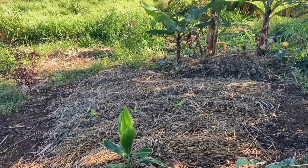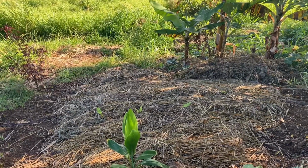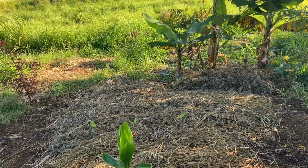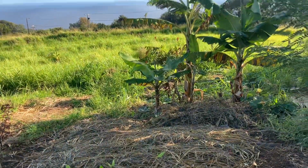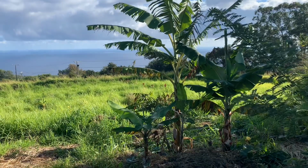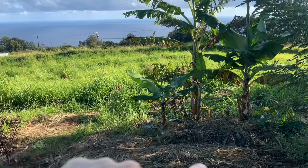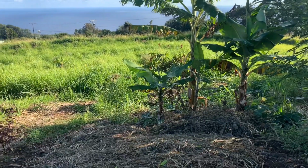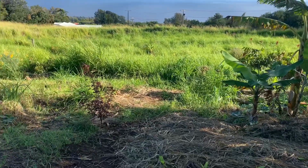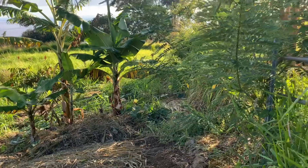We just did a shorter video talking about how we did that, so go back and check it out if you're interested. You can see a few little turmeric that we transplanted in there that seem to be happy. Banana circle down there, these are the full-size apple bananas that are really common in Hawaii, with a lot of woody debris and mulch and grass and things piled up at the base to feed them. They are heavy feeders. To the right here we've got ginger growing along this fence with a little bit of